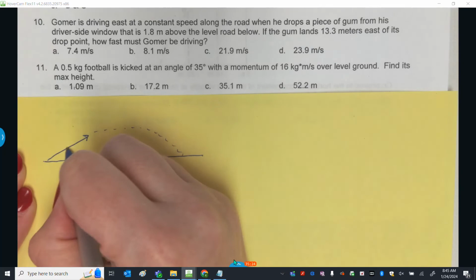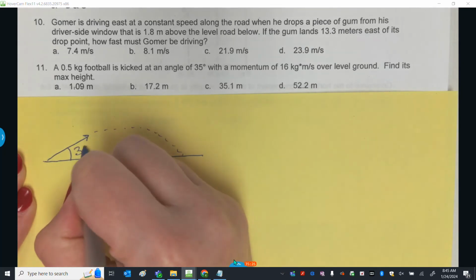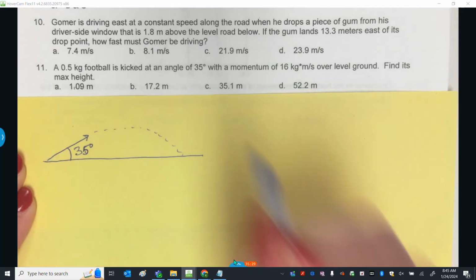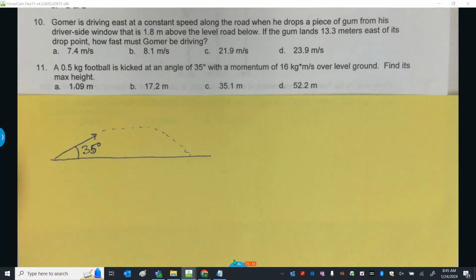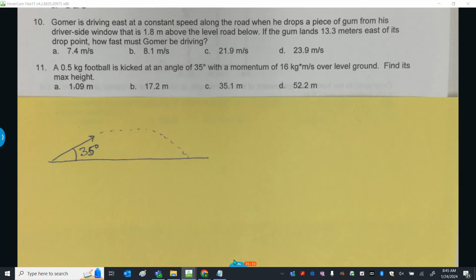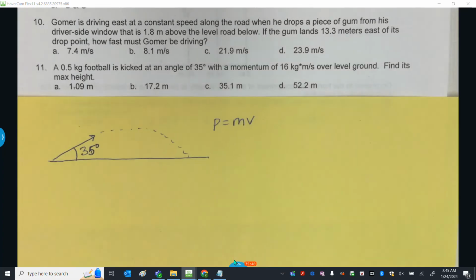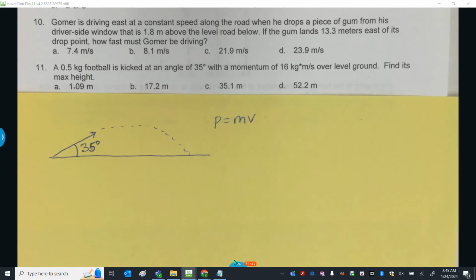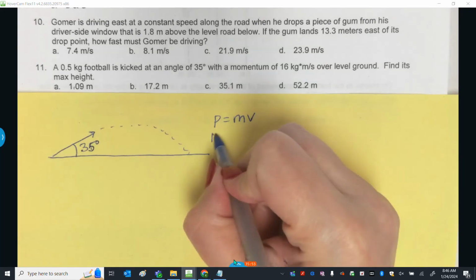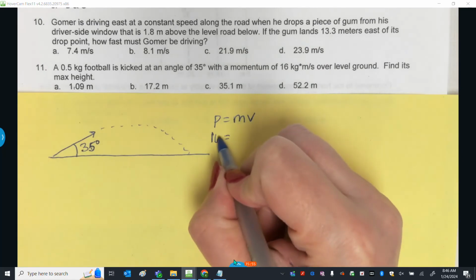I know the angle is 35 degrees. Okay, and I don't know the velocity. Instead they gave me a momentum. But I do know momentum is mass times velocity. And they didn't just give me a momentum, they also gave me a mass. So before I can do anything else, I first have one extra little step that I have to do at the beginning. I need to take my momentum, 16, and I need to figure out what the velocity is,